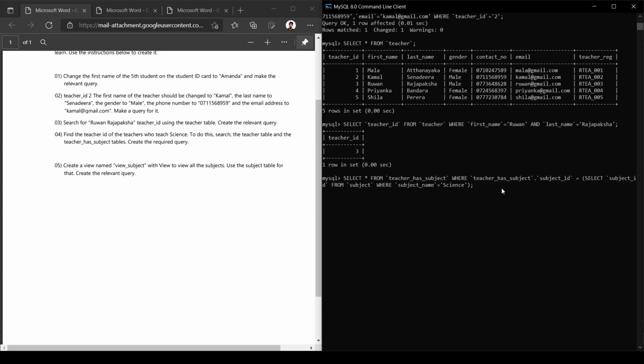Select subject id from subject where subject name is science. So this will output the subject id, and that id will be compared with this one.